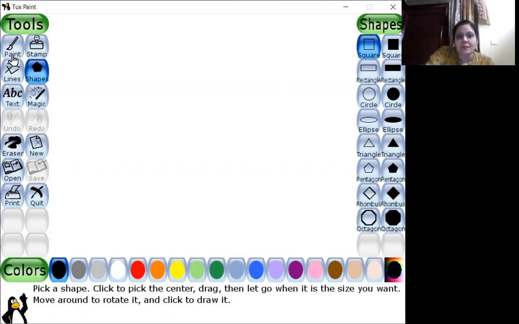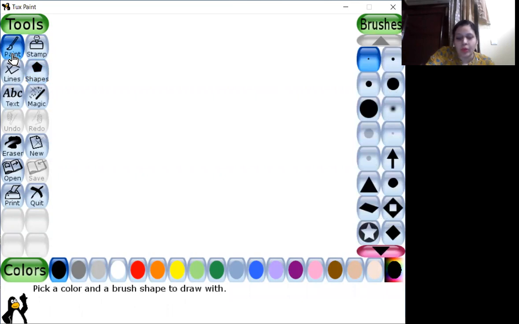And the paint, which is the first tool, this is also called a freehand drawing tool. You can check all the features side by side in your book when you watch this video. On page number 32, the chapter starts and we'll be going in the sequence as it is given in the book. Okay. So the first is given shapes.